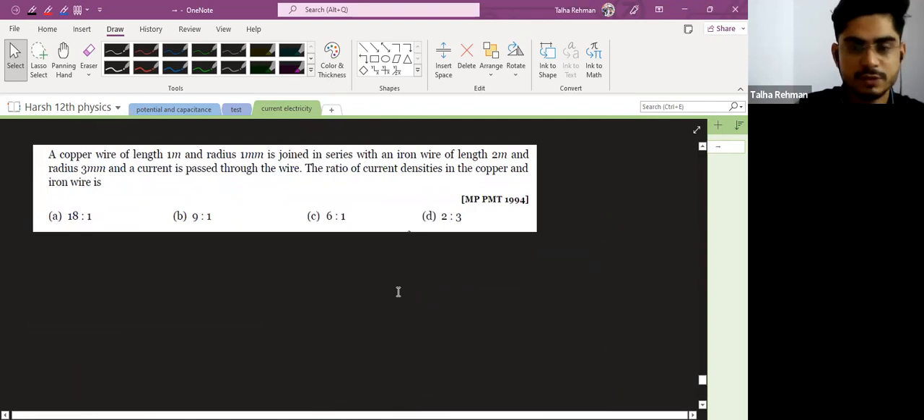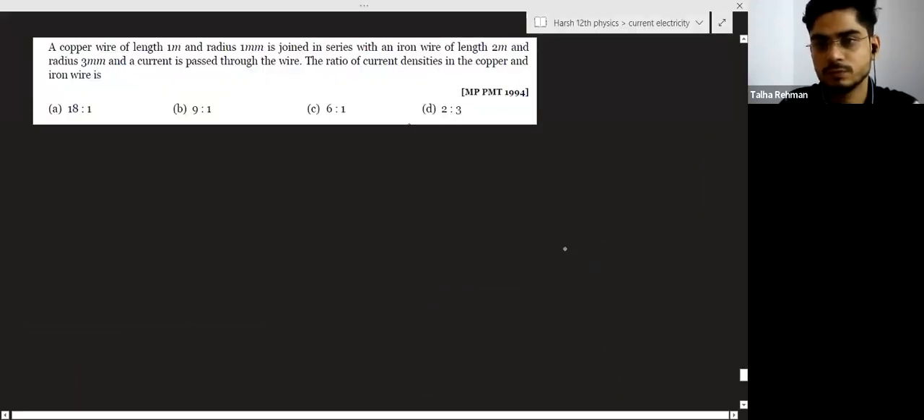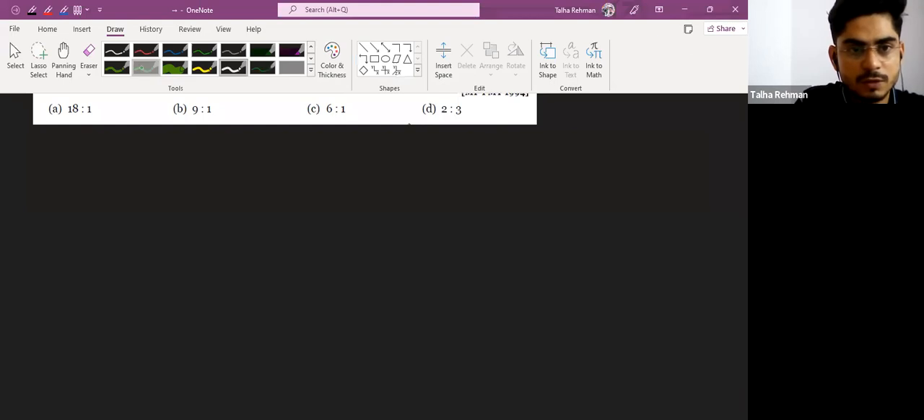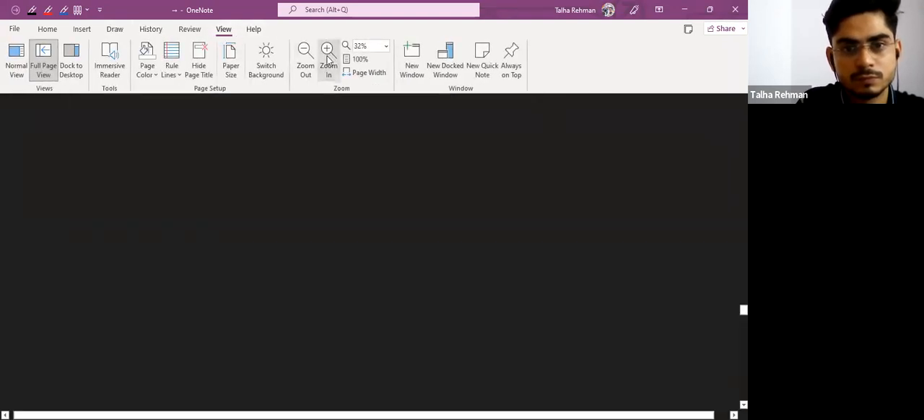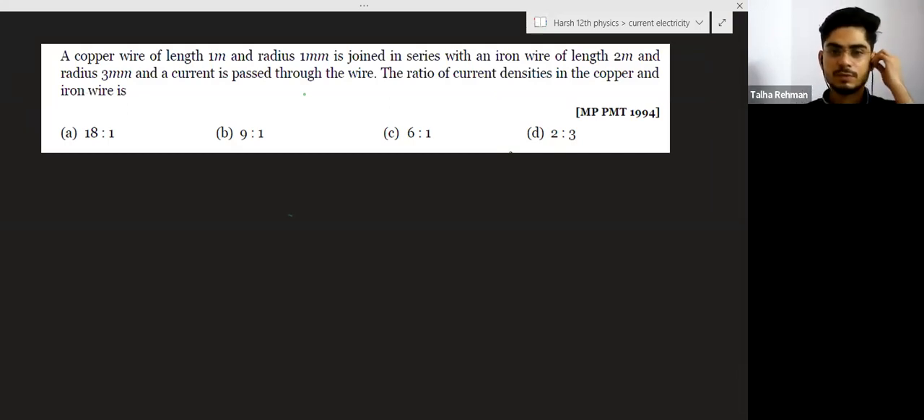So this is the question. Please concentrate here. A copper wire of length 1 meter and radius 1 mm is joined in series with an iron wire of